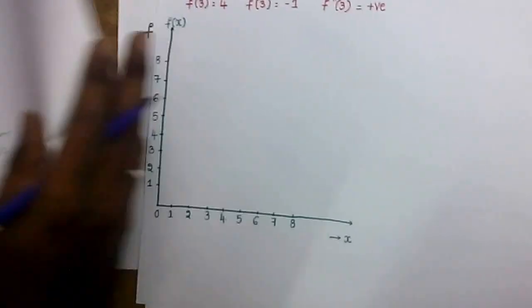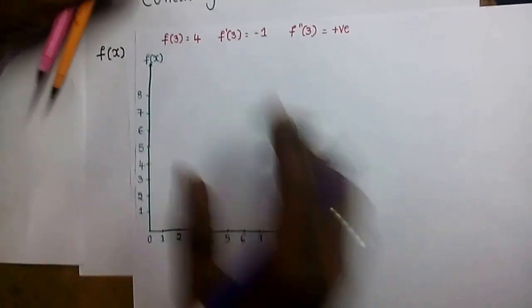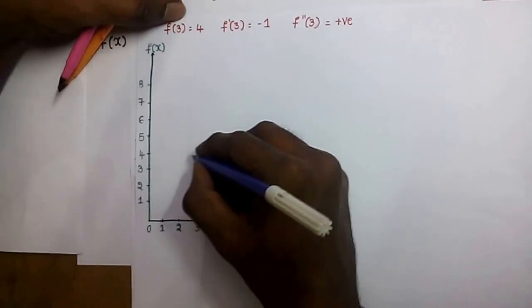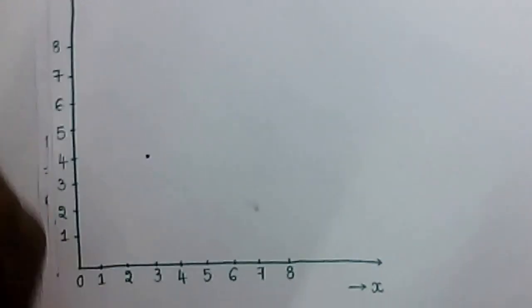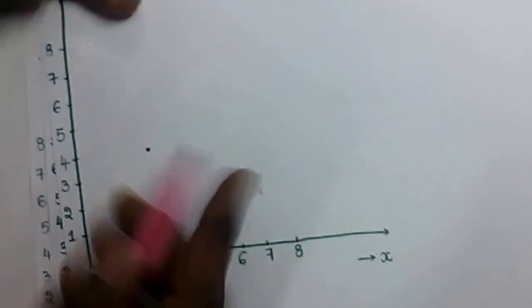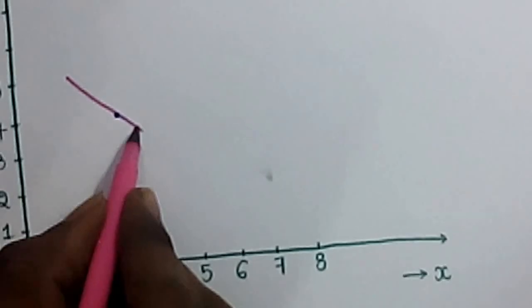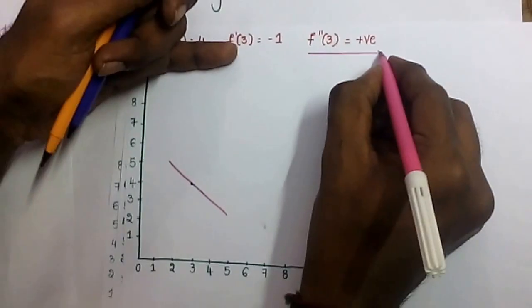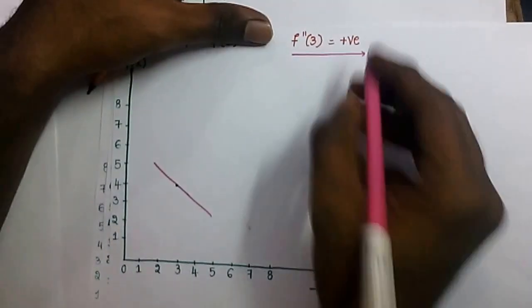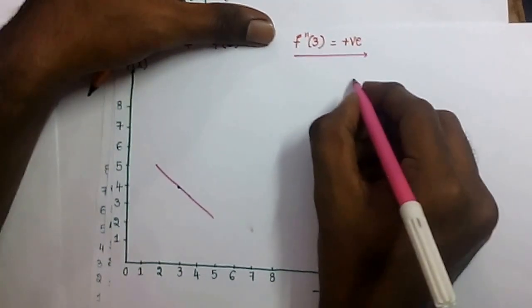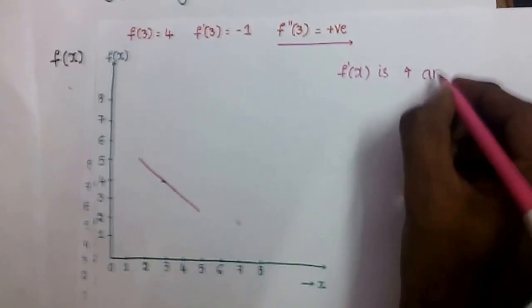Let's consider another example where f of 3 is 4, so (3, 4) is going to be a point on f of x. f prime of 3 is minus 1, so let me draw this curve. So this is going to be the tangent to the curve at x equals 3, and f double prime of 3 is positive here again as in the previous example. So f prime of x is increasing around x equals 3,